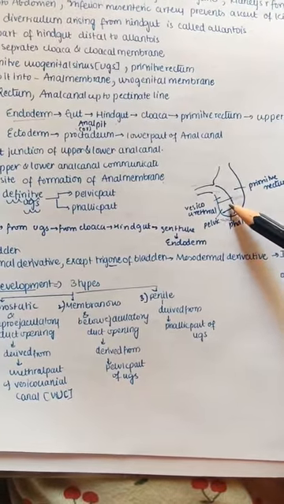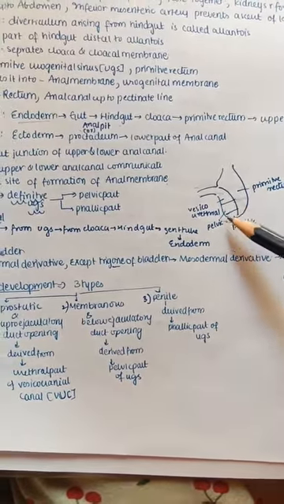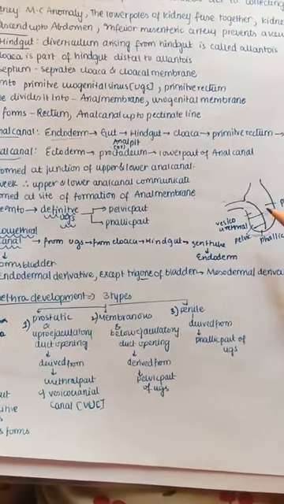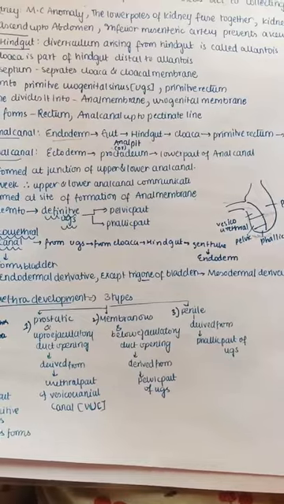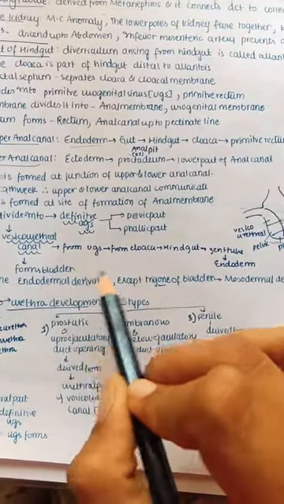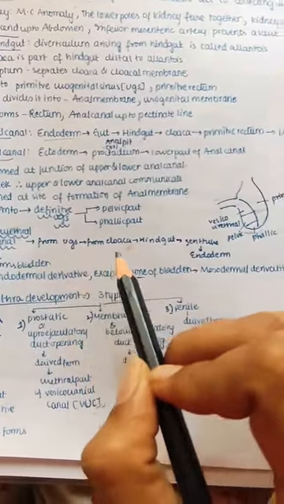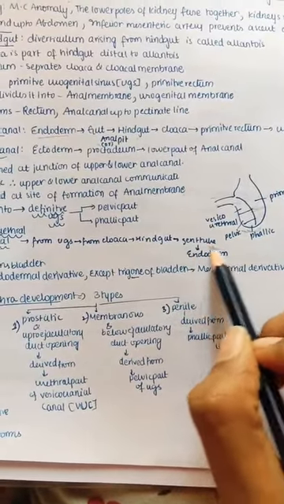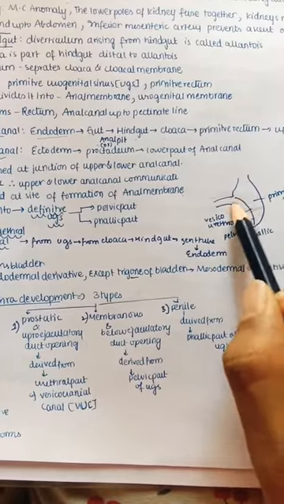The definitive urogenital sinus is further divided into the pelvic part and the phallic part, and the vesico-urethral canal is mainly forming the bladder. So it is this bladder, this vesico-urethral canal is from the urogenital sinus, this is from the cloaca, this is from the hindgut, this is from the gut tube. So this is from the endoderm. So this is endodermal.